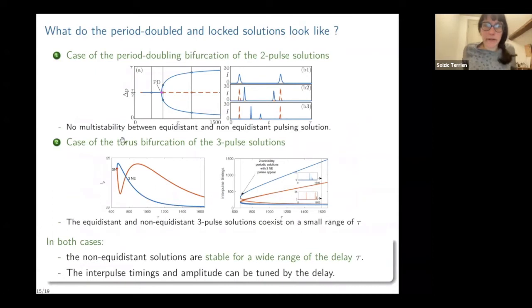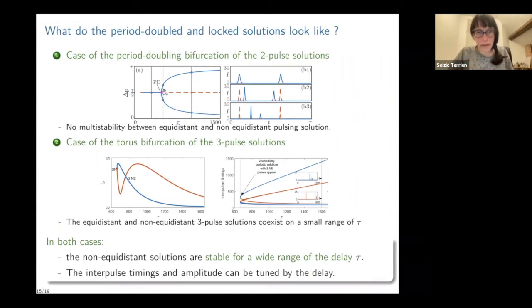So now the question is, what do the period doubled and locked solutions in resonance tongues look like? If we consider the case of the period doubling bifurcation of the 2-pulse solution, we can represent the interpulse timing during one period and plot it with respect to tau. When the equidistant pulses solution is stable, of course, this corresponds to tau over 2. And after the period doubling bifurcation, we see that we have